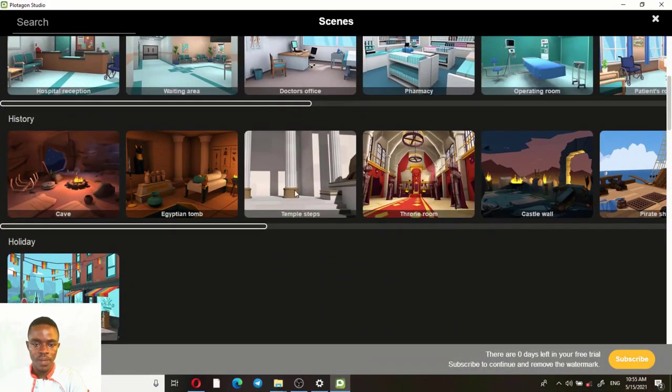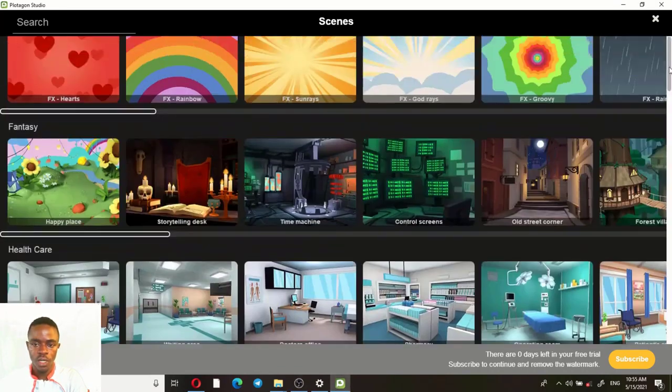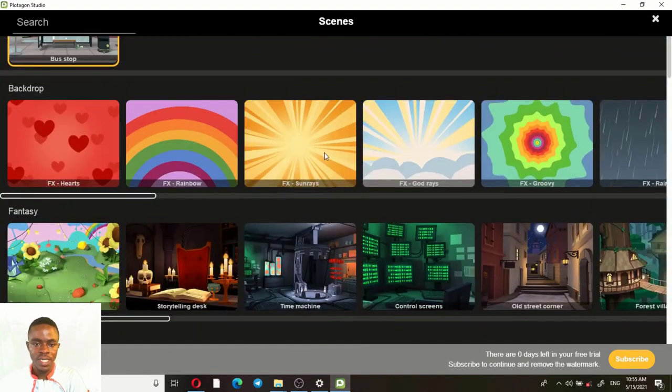So as you can see, this temple scene has a base, a foreground and a wall. Likewise, this temple has a foreground and a wall, so I can decide to work in any of these scenes. It looks more realistic and, should I say, more professional. All right, but things like this,